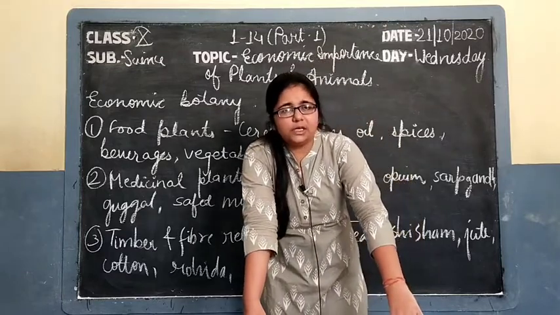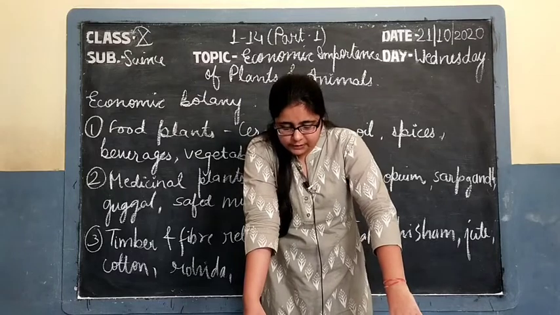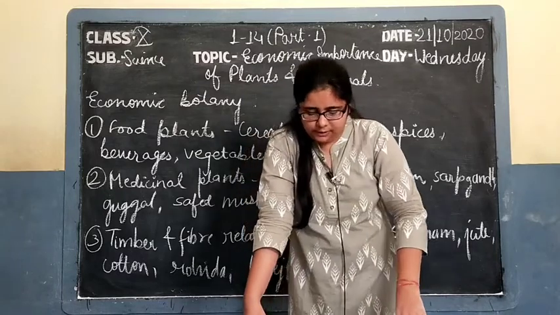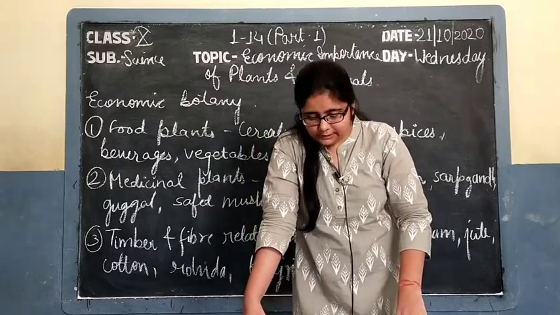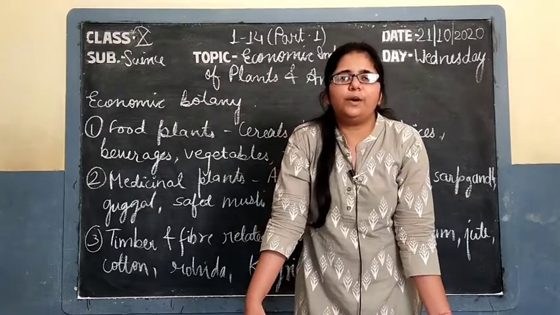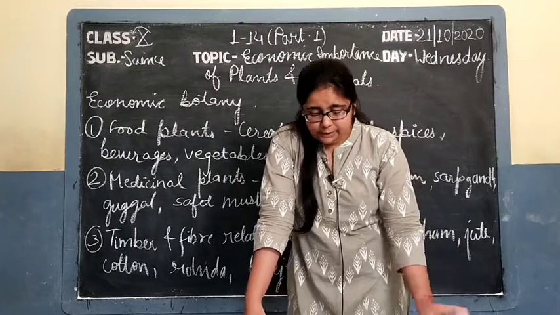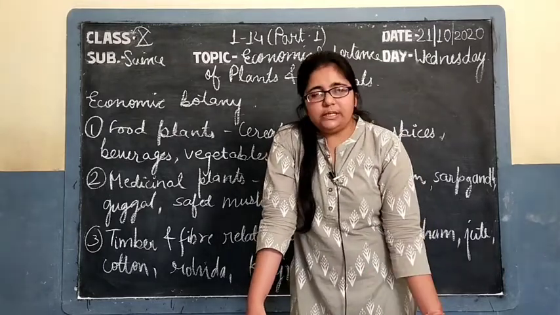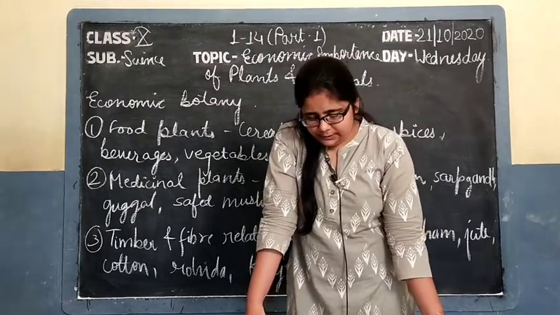The second one is the non-edible oil, in which castor and turpentine oils are included. Then the perfumed oil, that is kapoor, sandal, clove and khass oil. These are the oils which have perfumery smells and are used for these kinds of purposes. So these were the three categories of oil yielding plants.